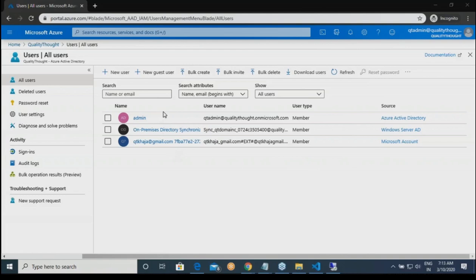Okay. It replicates from on-premise. Is there any possibility for it to happen vice versa? That's the whole point. In a free plan you cannot do that. If you are going with premium P1 and premium P2 you can do it. But remember, it will synchronize only the users that have been synced with Azure. For example, if you create an account with the type Windows Server Active Directory, from there on, you can set it up. But you cannot create a cloud account and then tell that that cloud account will be my Windows AD's user. That is not possible. Right?